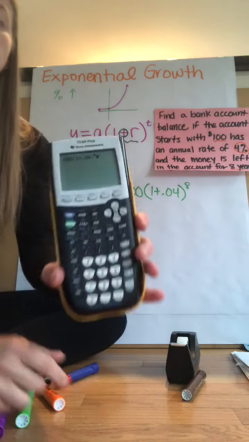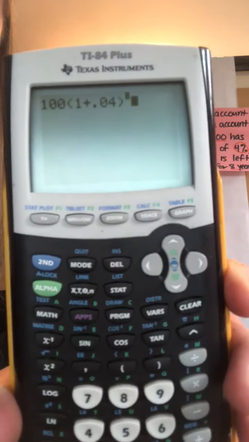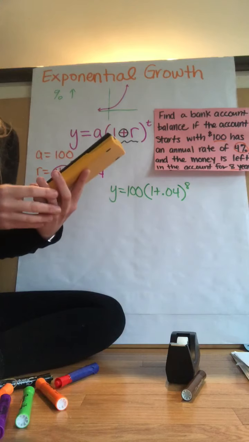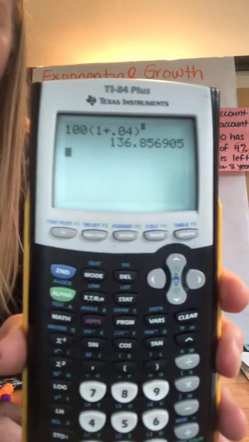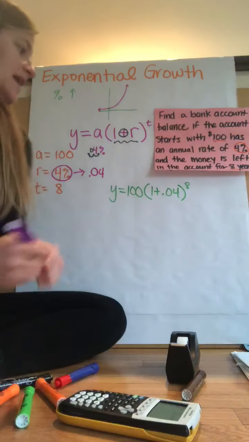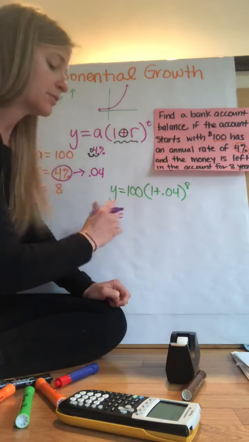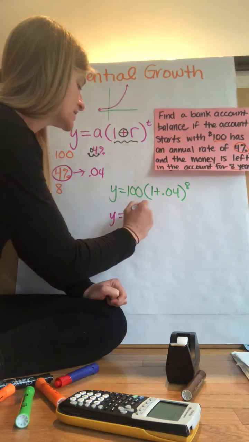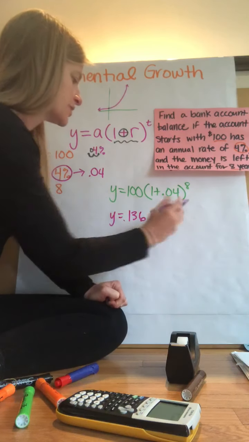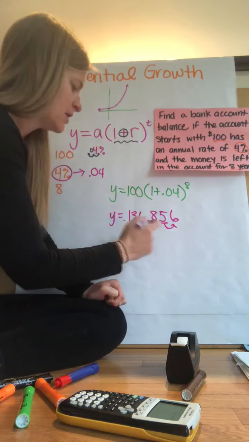Took my calculator, I used my caret button to get that 8 up there. Notice how I typed it in exactly how I wrote it into my equation, okay? Once I hit enter here, we can see that the amount in the account is $136.86. Remember, when we're working with money, we round to the nearest hundredth, okay? So this is 136.8569, and so on. I'm going to truncate it here. 5 sees the 6. Bada bing. Rounds up to